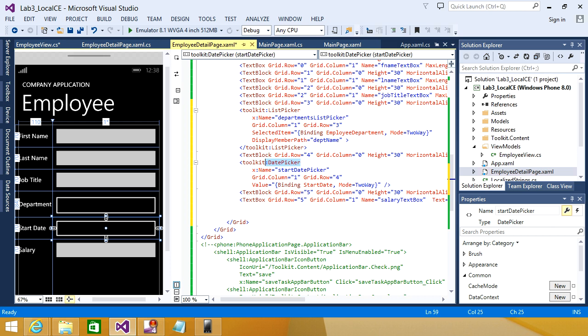Now, it actually dynamically creates its own page. I'm mentioning that now because it comes up in code in a little while that we don't actually see a new page in our Solution Explorer. But whenever we use this, it dynamically creates a page just to show this control on. Okay? And then when we're finished using it,